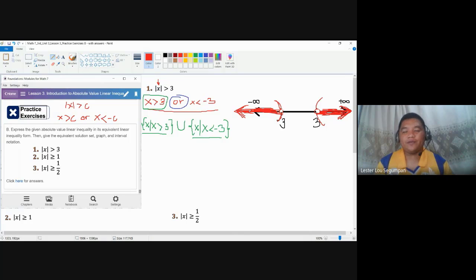Now look at what happened to both of our graphs. They are two different graphs, but when placed on the same real number line, they just represent one solution. Look at the graph, they point towards opposite directions. If we compare number one of practice exercise B in this video and number one of practice exercise A in the previous video, you might notice that in the previous video the graphs are going towards each other. They just simply meet. But here, those are actually for less than. If we say less than, they meet. But if we talk about greater than, they go in opposite directions.